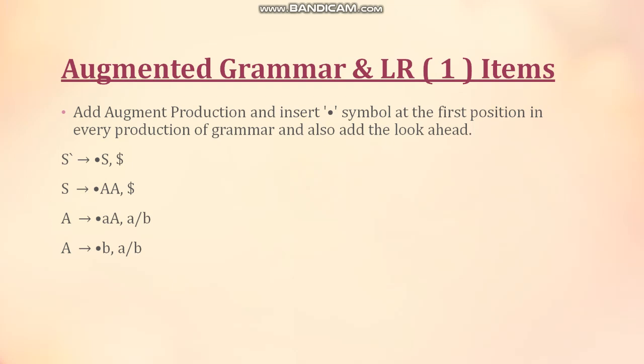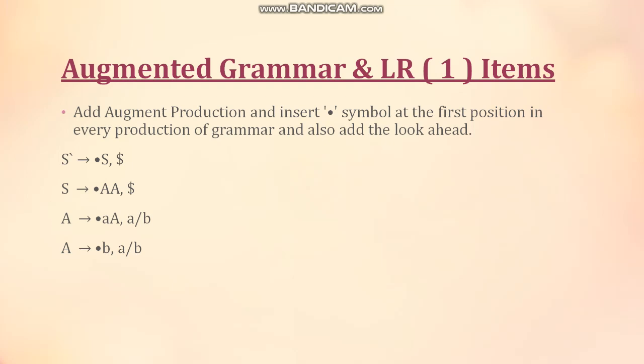So we are simply going to copy the $ sign in the look-ahead portion from the first production. Whatever is after the comma in our production is look-ahead. So in the third production, how are we going to see our look-aheads? What we have after the dot is a small a, which is a terminal. But what we have after that is a capital A.